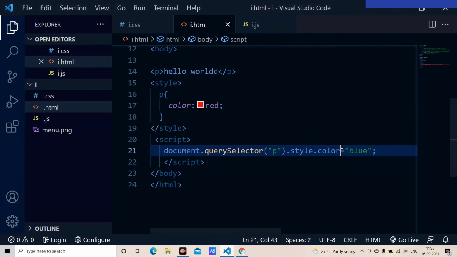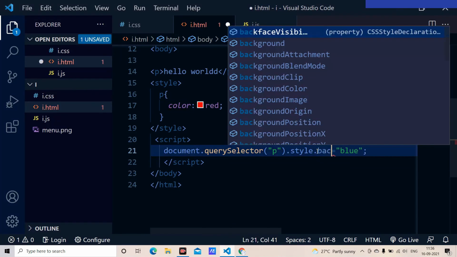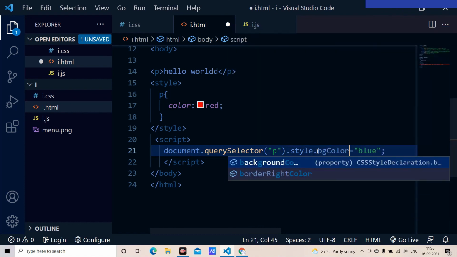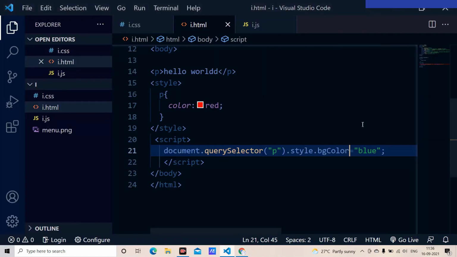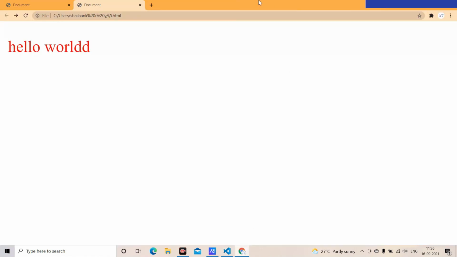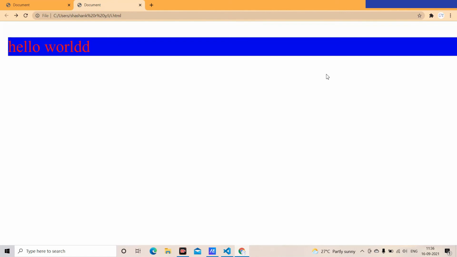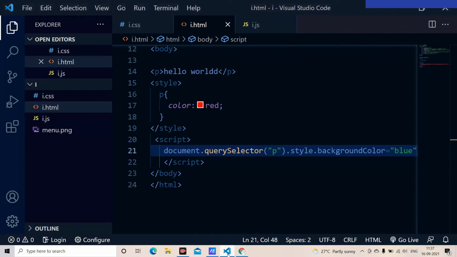In fact, you can change anything. You can change the background. For the background, we have to use bg, and you have to use the color, and I just save it, and I just reload the site. Well, it is not showing. For that, I will use the background color altogether, background color, and I just save it. When I just reload the site, as you can have a look at here, it is going to show you the background color. And this is how we go with it, and this is all about changing the HTML elements.